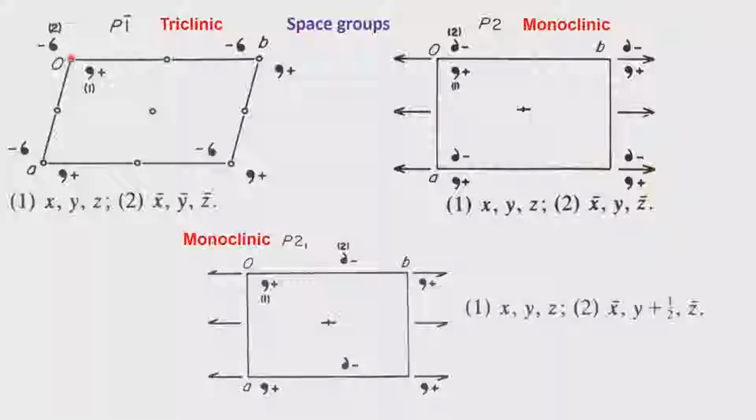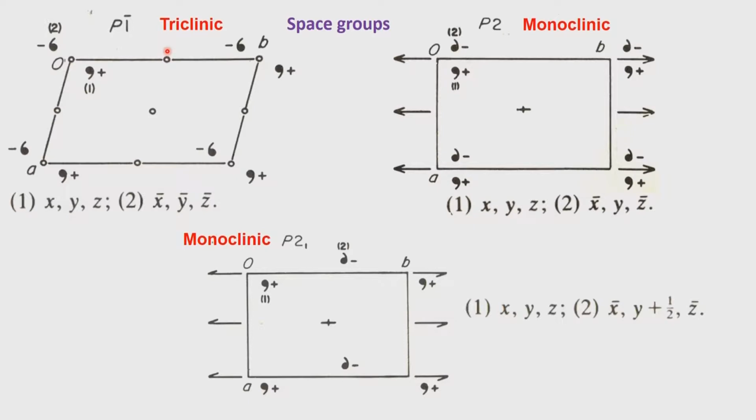So, effectively, in projection we are looking down the C axis. Unless otherwise specified, the convention is always like this: the origin is taken as the left hand top corner, and with respect to the left hand top corner you mark A downwards and B across, and C is perpendicular to us. So, unless otherwise specified, in all the diagrams which we are going to see in the next few discussions, the projection is always down C. If it is different, it will be mentioned. We will have some discussion on what happens if it is a different axis.